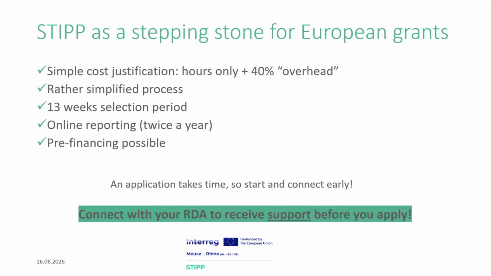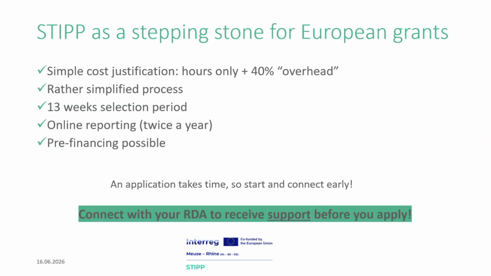We always recommend to use the simplified cost option, which is hours plus 40% overhead. We have different cost options available. So for instance, if you have more equipment that you should buy for the project, there are maybe different cost options that might be better for you. But in terms of administration work, this option is recommended by us. Then you need to show which employee is working on the project, how much he earns, so you determine your cost, your hourly rate, and if you calculate all the hours, you get a 40% overhead on this.